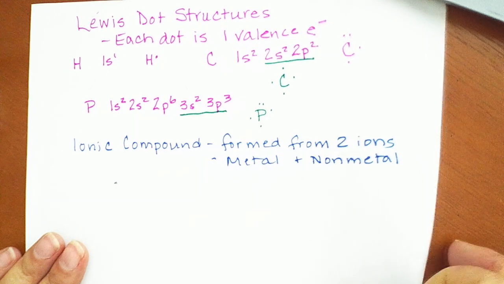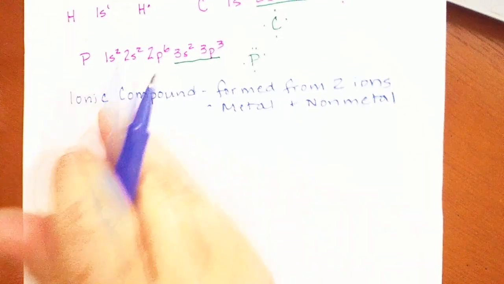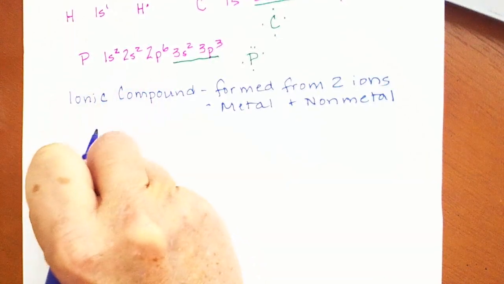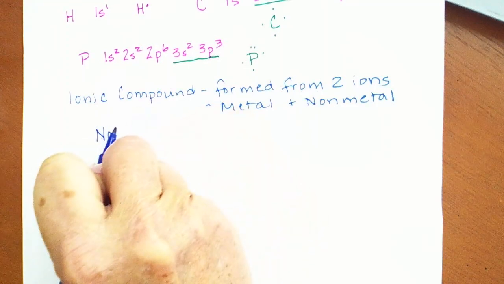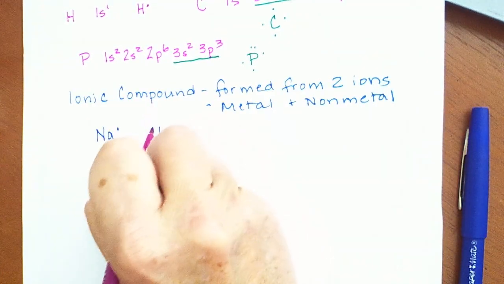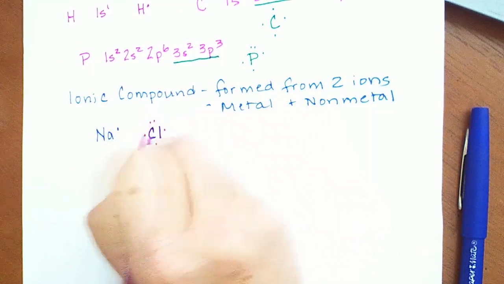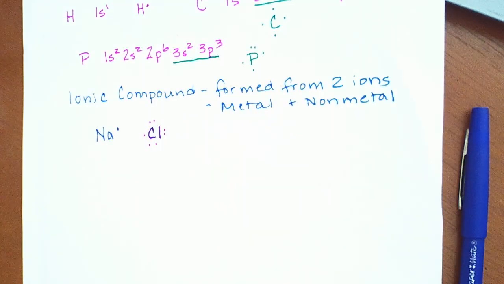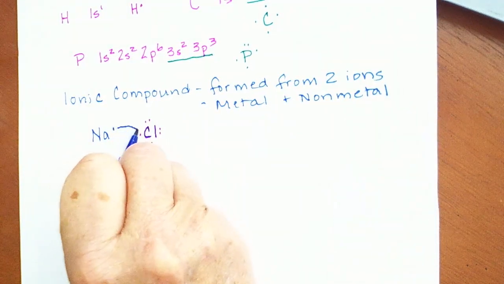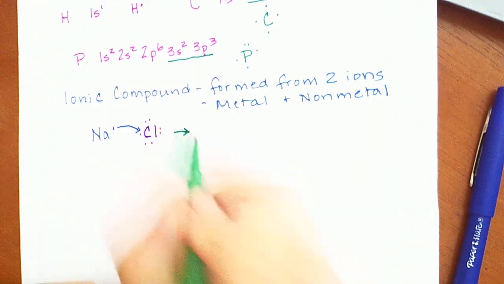So when we form these ionic compounds, what we're going to do is we're going to take the element, we're going to transfer the electron, and then we're going to form the compound. So starting with something really simple like sodium chloride. Sodium, 3s1, has 1 electron. Chlorine has 7 electrons, so we'll make chlorine red. Okay, and so it has 7 electrons. There's its 7 electrons. So sodium is going to give its electron over to chlorine, and that is going to result in